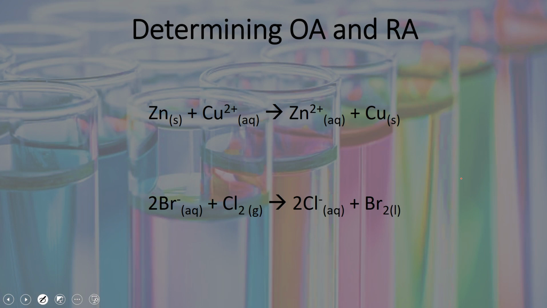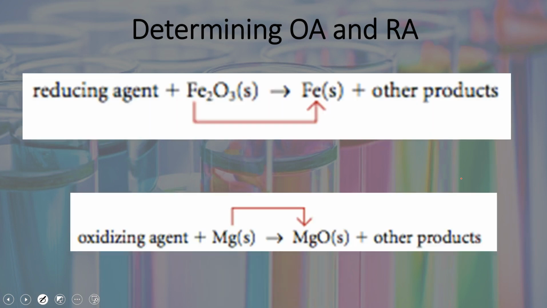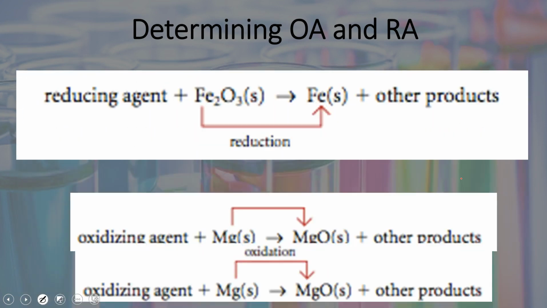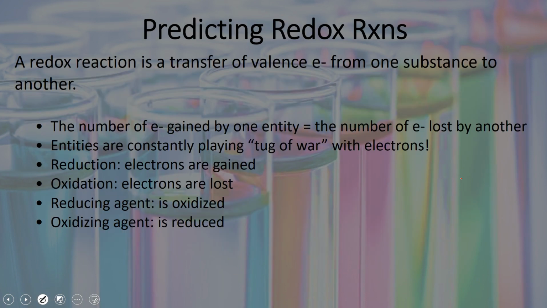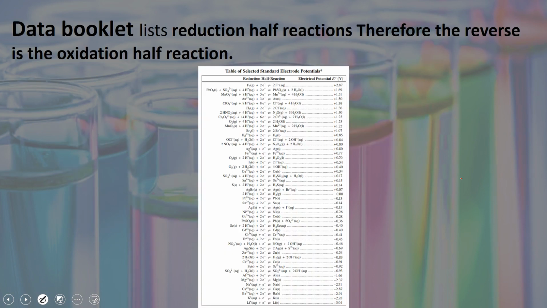Okay, we're going to predict redox reactions. And so your data booklet on page 7, that's where I'm looking. Hopefully you turn to there. So we're looking at the data booklet on page 7, and page 7 lists a whole bunch of